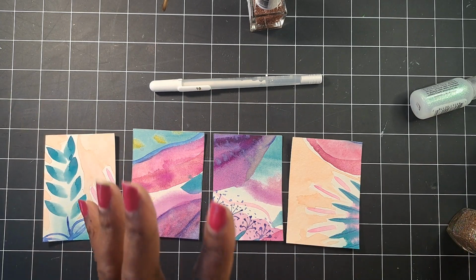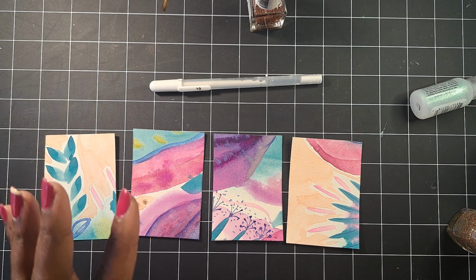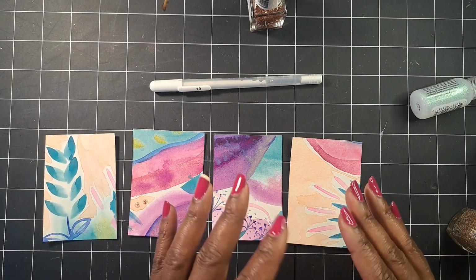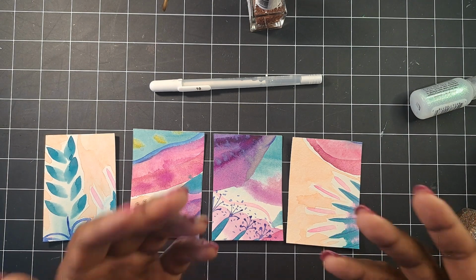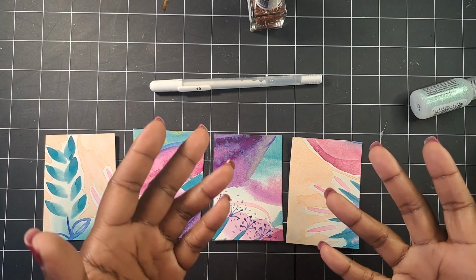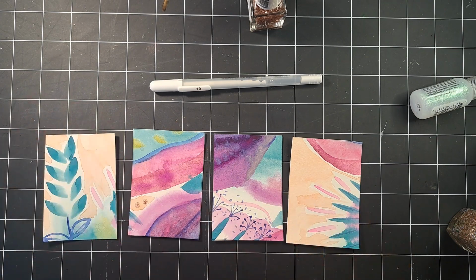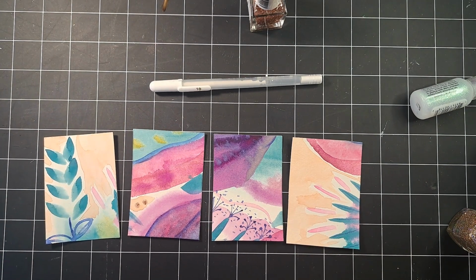But I'm just giving you an idea and an example of how you can add to what you're working on to enhance your projects with items that you have on hand or around the house, or maybe even at the Dollar General, Dollar Tree, with something nearby, right? All right, so